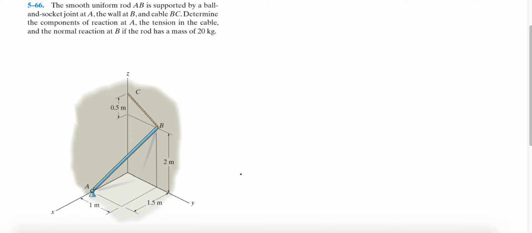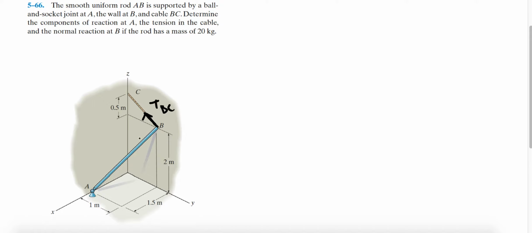In my case, I'm going to cheat a little bit and just draw on top of the picture just because I think it will be better for you to visualize some of this. So my free body diagram is obviously rod AB. Then I'm going to cut this cable BC and I'm going to have a tension force here, which I would just call